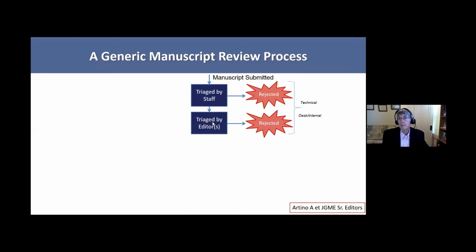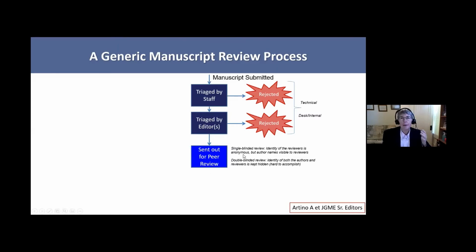Then, once the staff are done, it gets assigned to an editor or two. That editor also takes a look at it to see, gosh, have we just published a paper on this topic? Because journal space, even though things are typically all online, is still a process and an effort. Is it a topic of interest to our readers? Generally, most papers are not internally rejected by an editor-in-chief, who is usually the person that takes a look at those, not just an editorial board member. So then it's sent out for peer review.